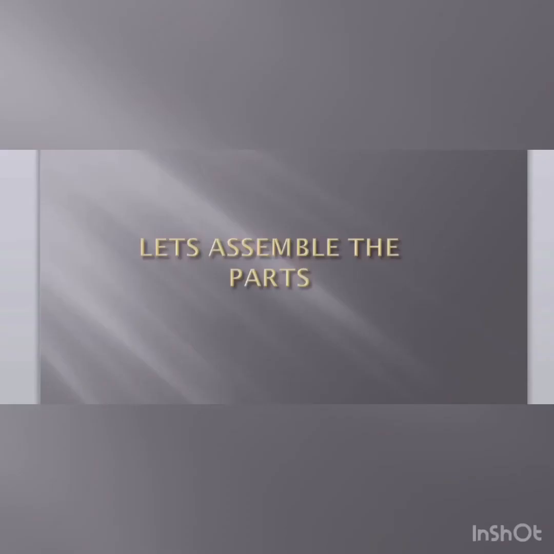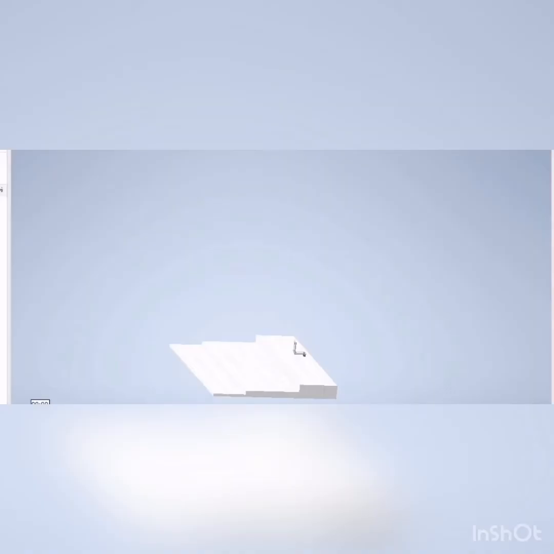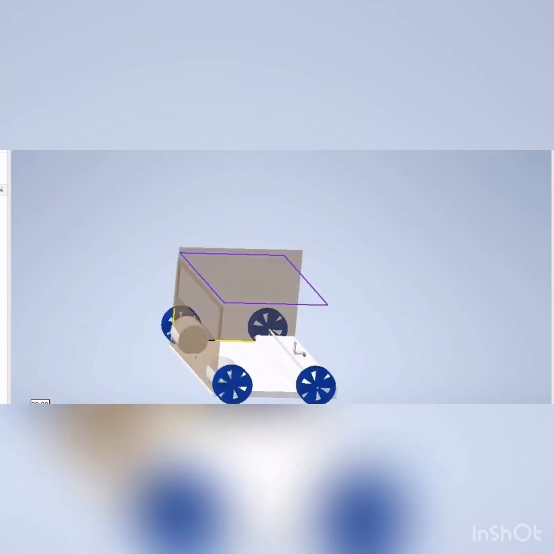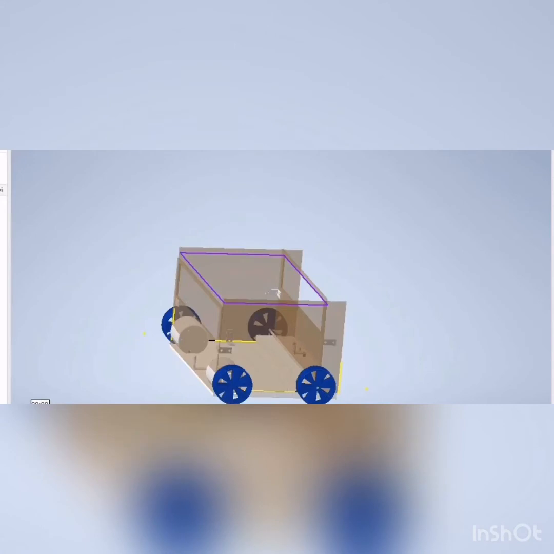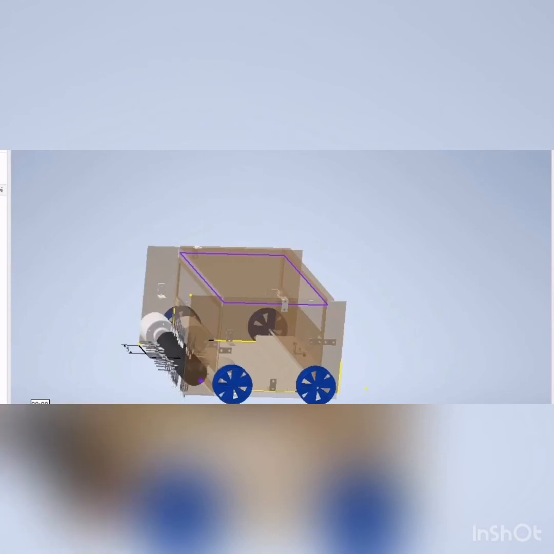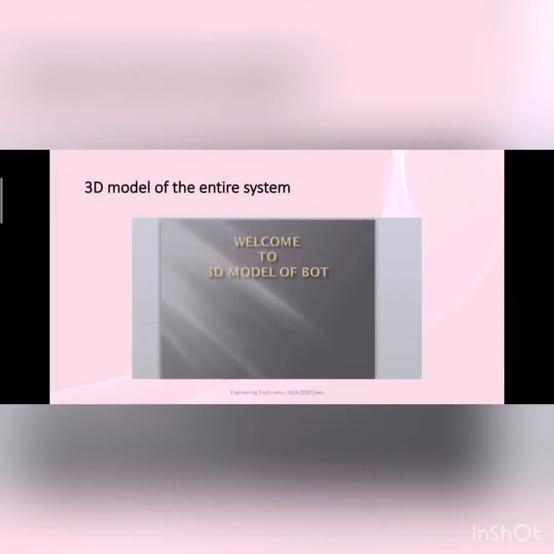Let's assemble the parts. So this is all about the 3D models.